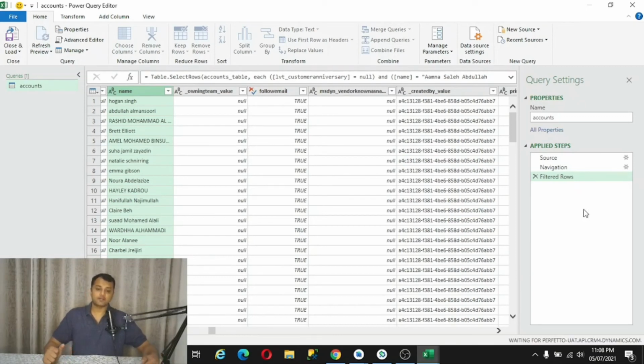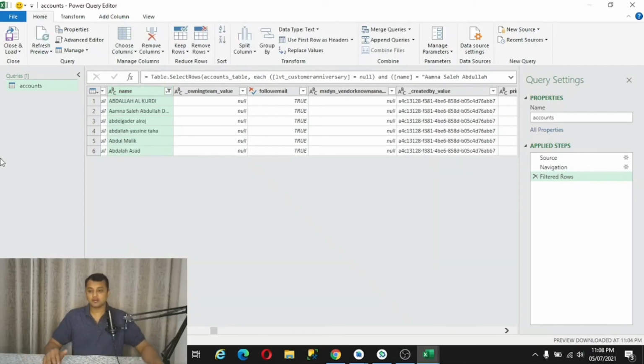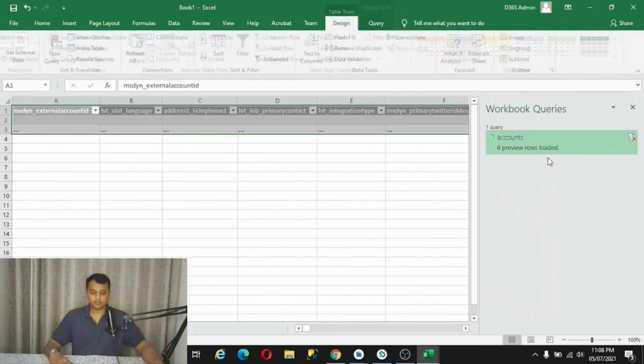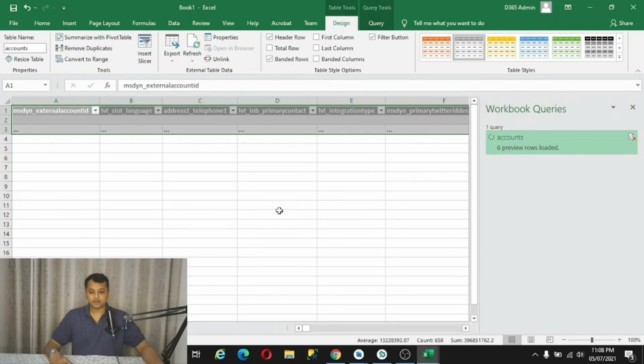You can actually filter based on multiple criteria, but for our demo purpose, I don't want to load a lot of data and wait for a longer period. Once you are done with this filtration, click on Close and Load. This would load all the 6 rows for you.